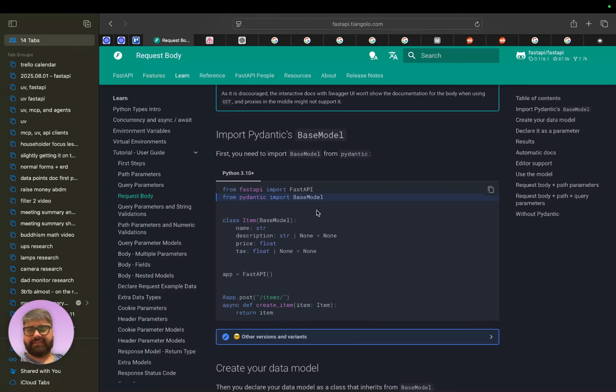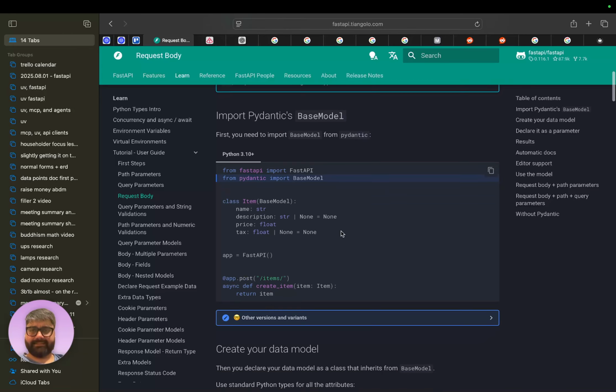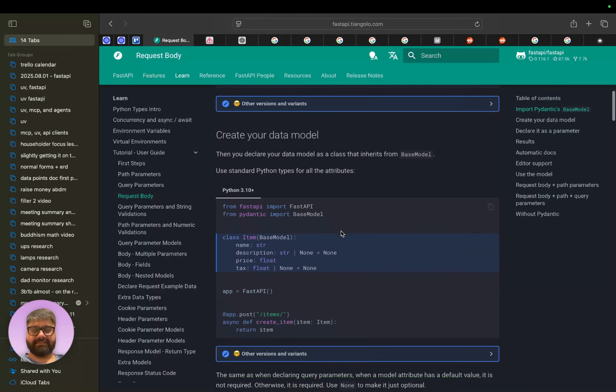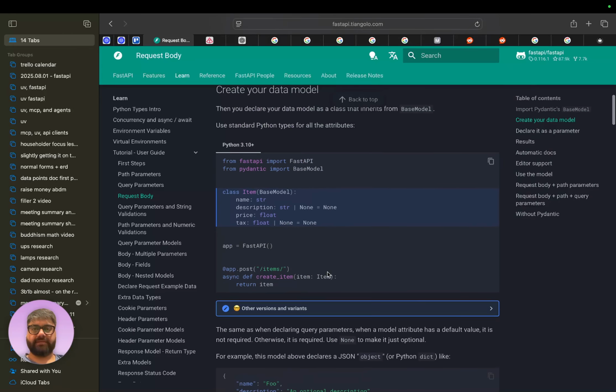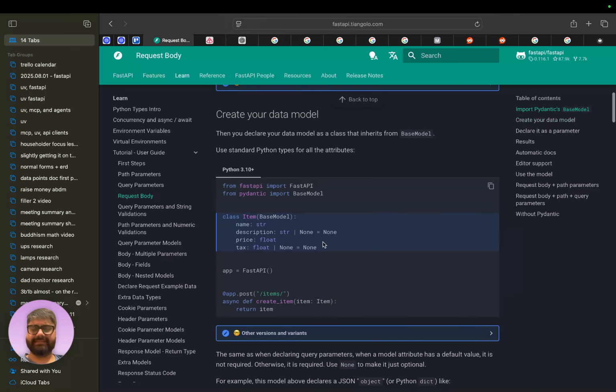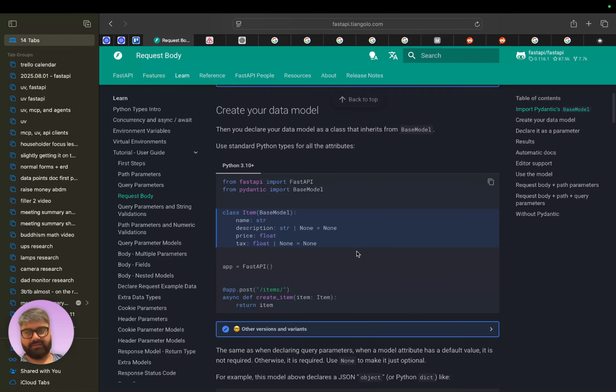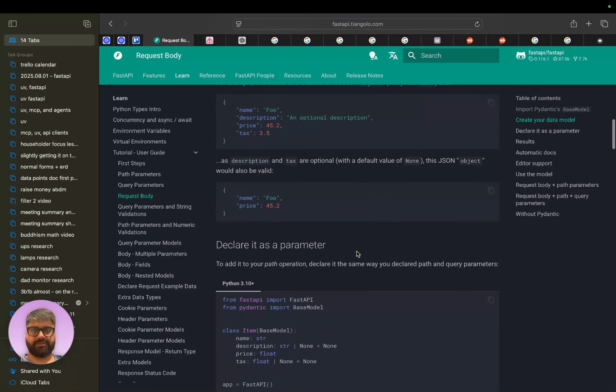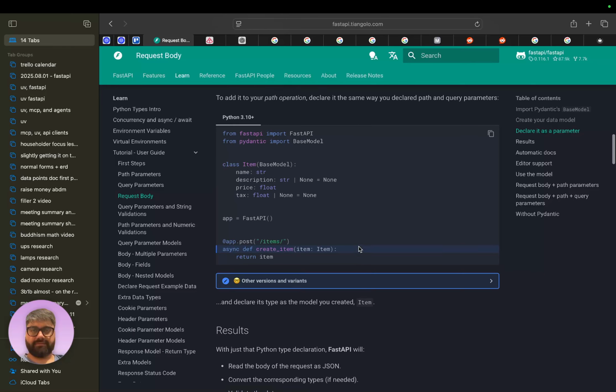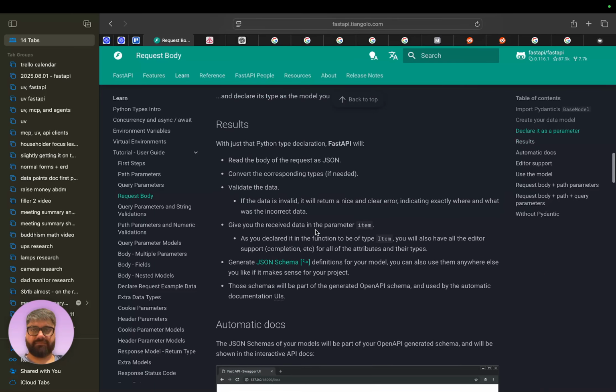And when you do it like this, it updates the OpenAPI schema as well. The same stuff from earlier regarding types applies here: typing, default values, etc. Everything we said earlier in the query parameters section applies here as well. So it's pretty straightforward on that.